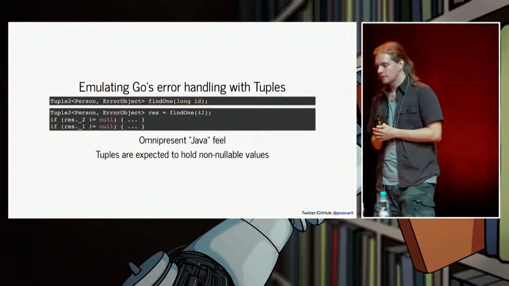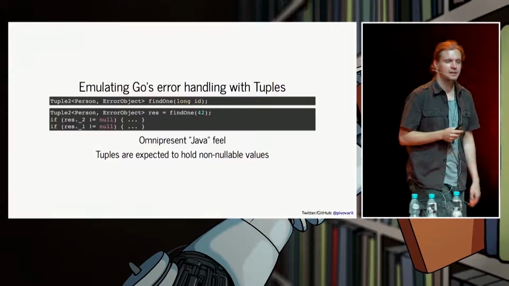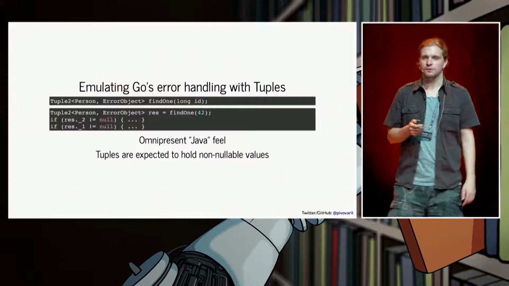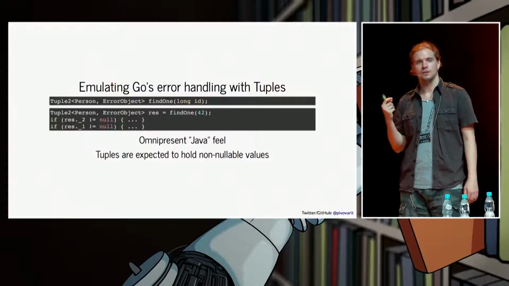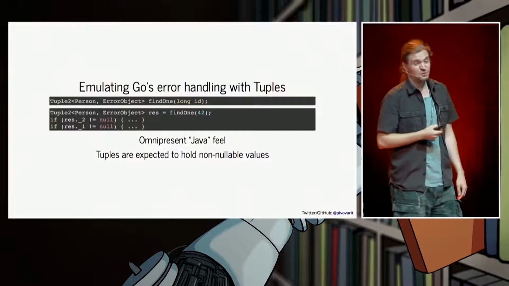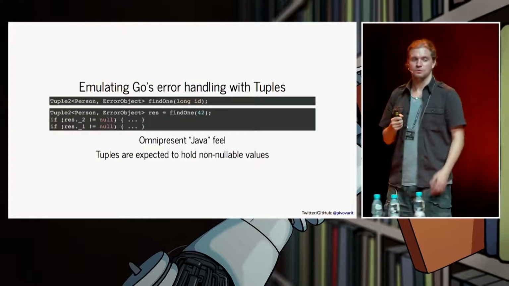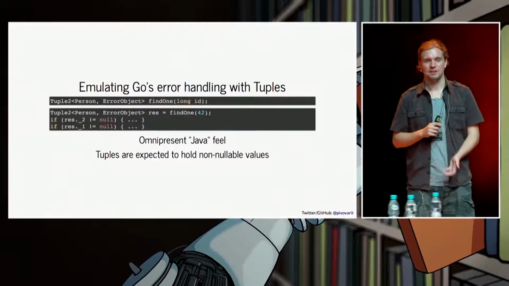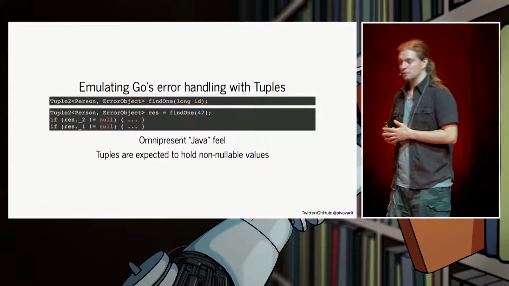But it starts looking very ugly, because tuples were not designed for working with optional values, with nullable types. And so this generally contributes, if you try to do it this way, to this omnipresent Java mutable null check feel. That's not very cool.